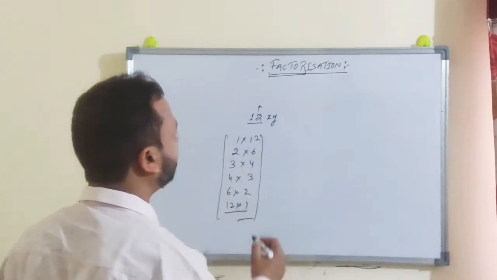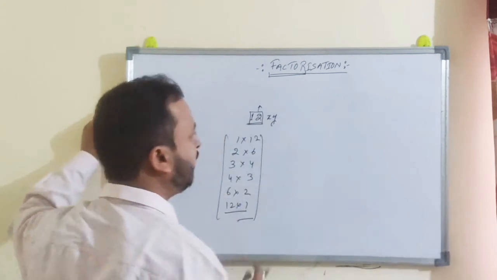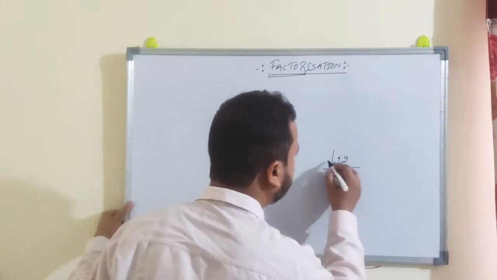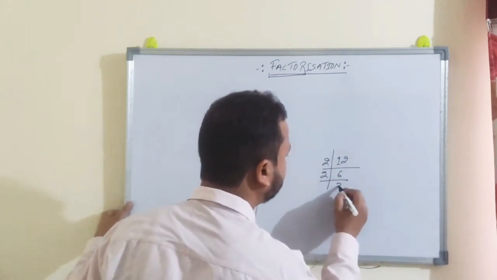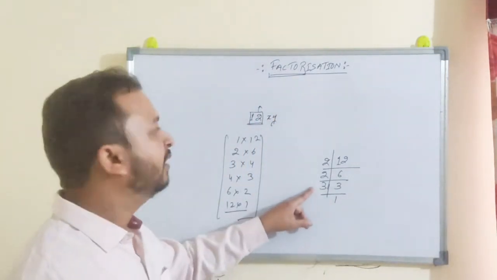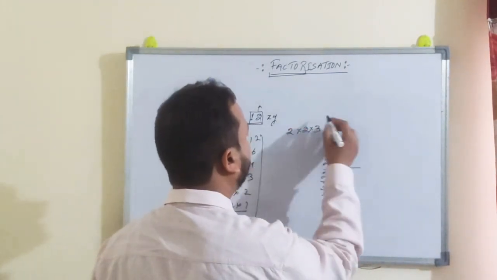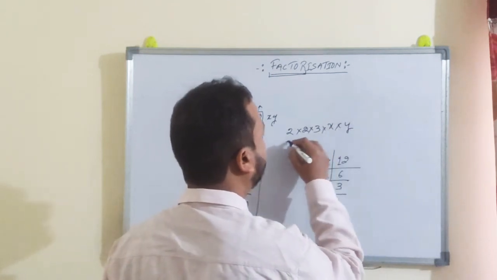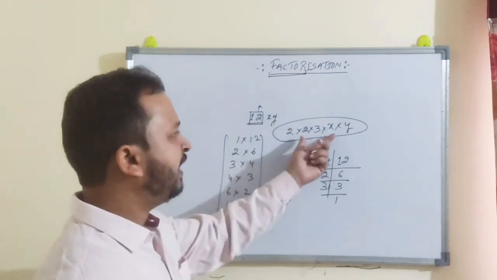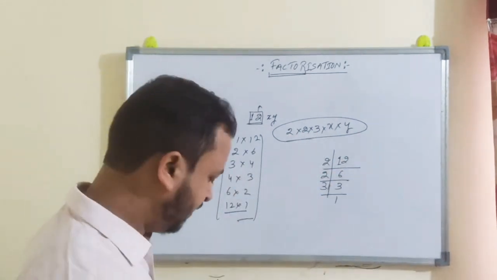But basically in that case we prefer the prime factorization method, right? So we would factorize 12 into prime numbers. You know how to factorize it: 2, 6, then 2, 3 and then 3, 1. So they are the prime factors actually. You can also write it as 2 into 2 into 3 into x and y, right? You can write 12xy this way also. They are the product of 3 numerals and 2 literals.